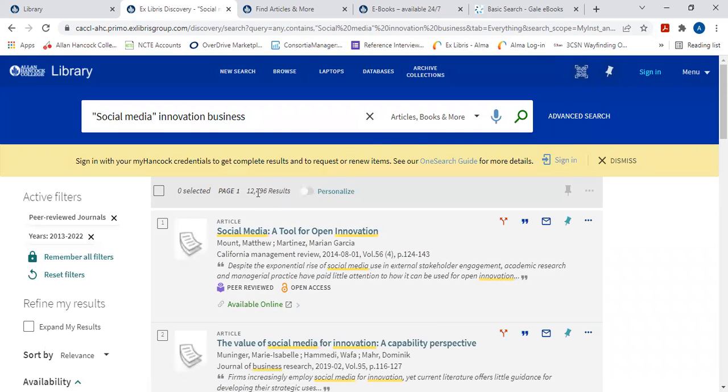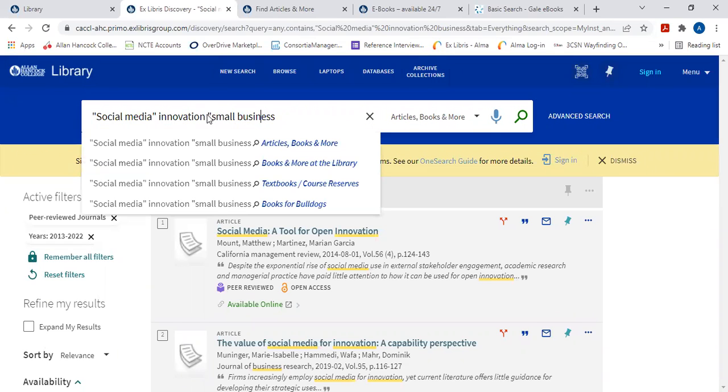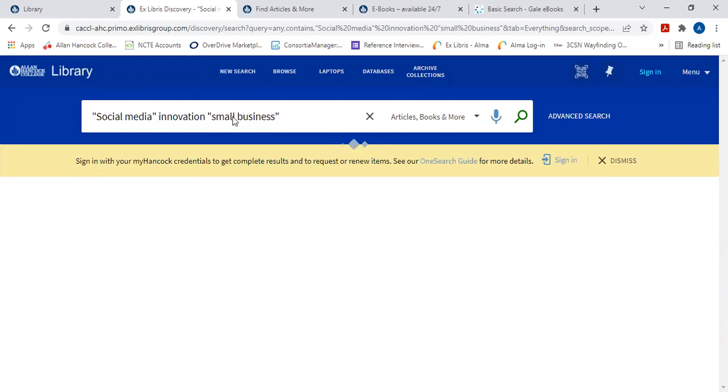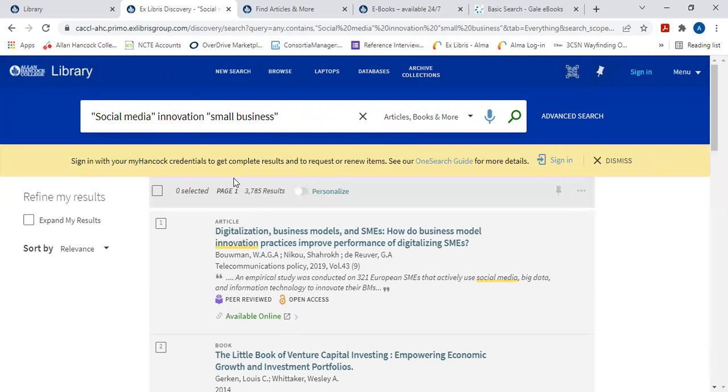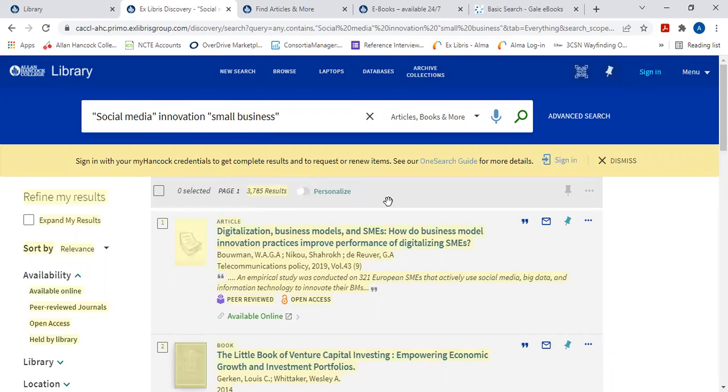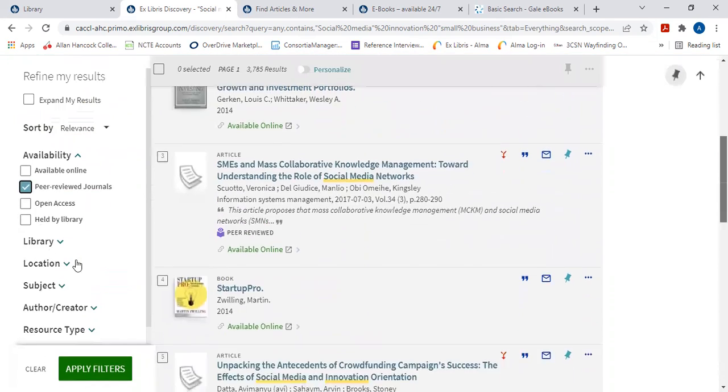Now we're down to about 12,500 articles. Social media, innovation, business, a lot of articles are coming in. Let's type in the term small business. Now notice how we're down to about 3,700 results. But notice how we have cut down significantly from our first search by refining the kind of materials we want to see. And let's reset peer-reviewed journal articles